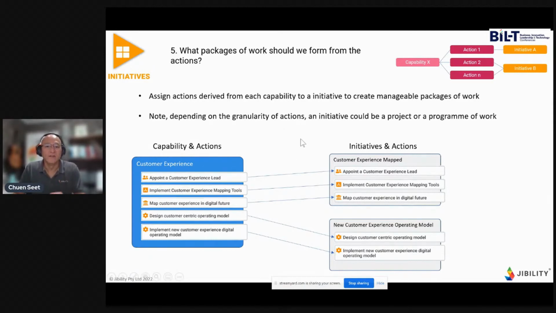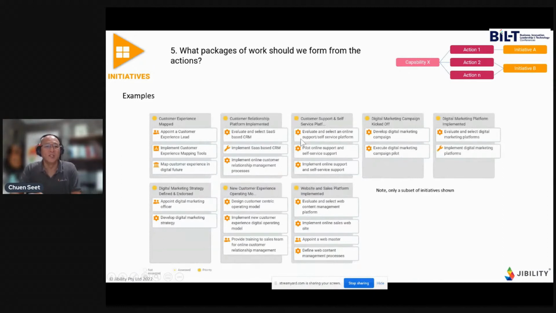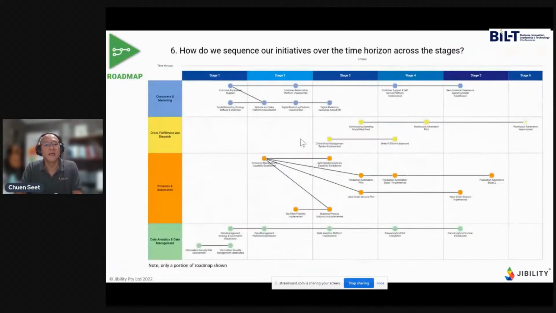So having formulated a bunch of initiatives, then it might look like this. All the actions that have been grouped into various packages of work that we call an initiative. And now I don't have time today to talk about how we would go about prioritizing all these initiatives, but you can certainly do that. And then having prioritized these initiatives, then you can finally lay that out onto a roadmap that might look